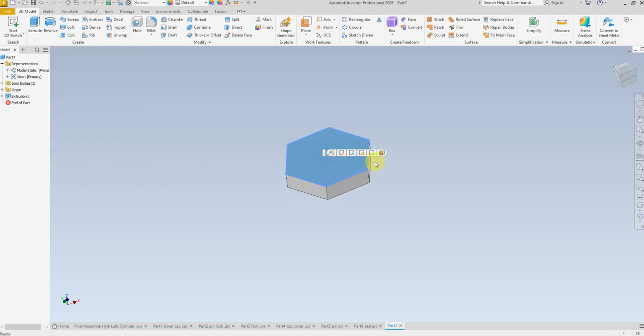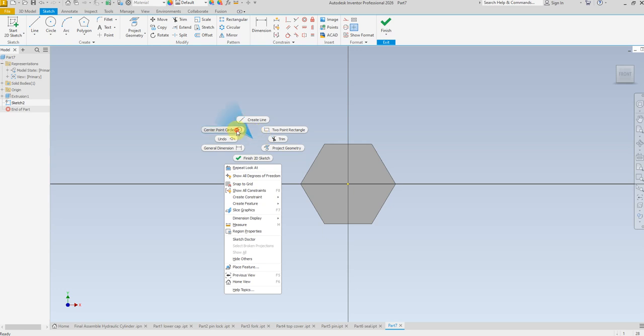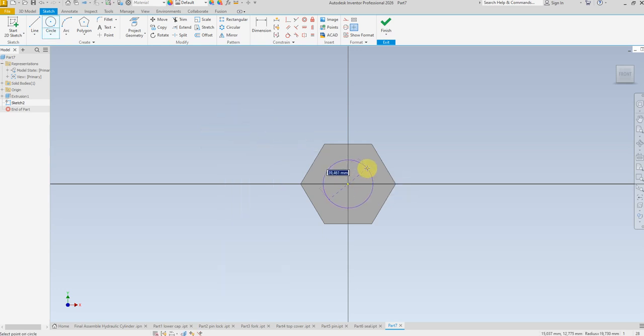Okay, select this face, create new sketch, draw a circle, and this circle 65,